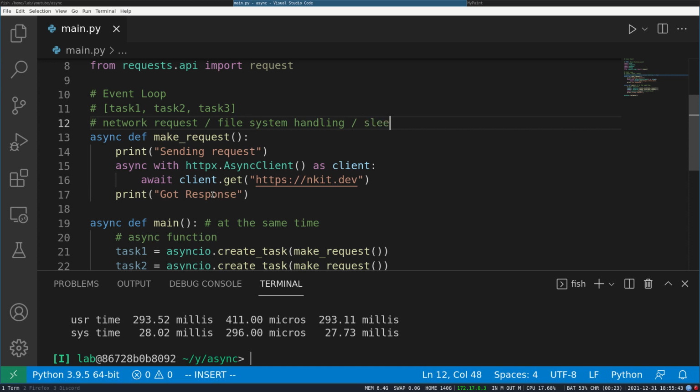It can work for sleep. And what else? Yeah, you can make it work for user input too. So there are a few examples like this where your code has to wait. You can use async to improve its performance.